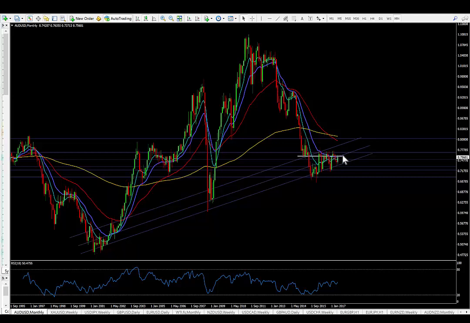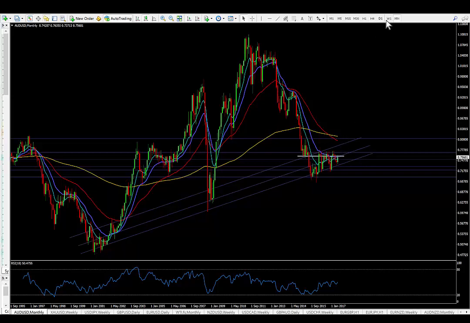I wanted you to take a good look at this because we can actually see a similar pattern up here at this high, and consequently after that we had quite a powerful move. So if this does break through the 76 and the 77 level, then we could have quite a strong move, certainly up into the next resistance level, which is at 0.8, a good round number. Plus also this would probably interact really well with the monthly 50 EMA.